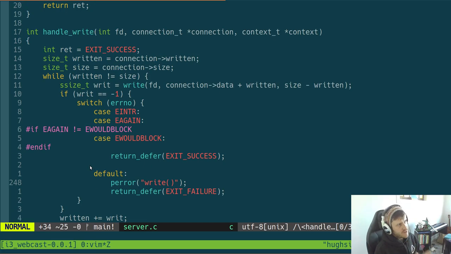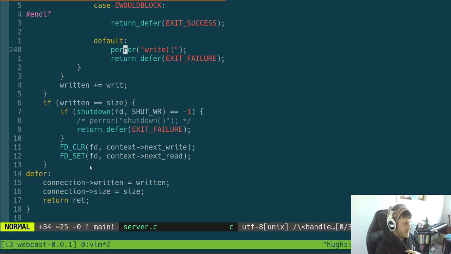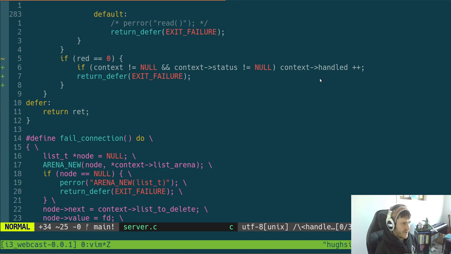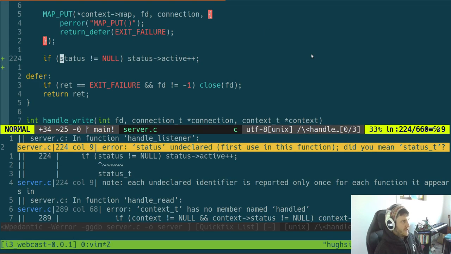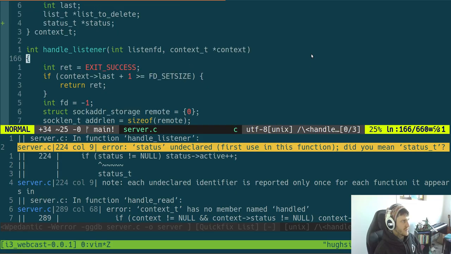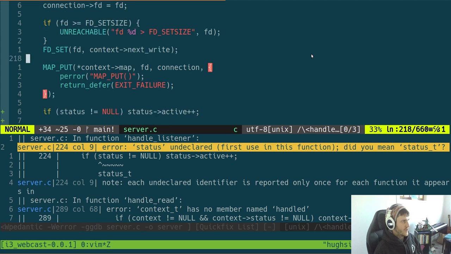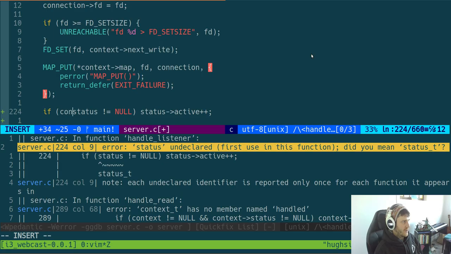Because there are multiple stages. I guess for now we can just track how many we've successfully finished and how many we haven't. Right, it reckons we don't have status in this. That's because it's in context. So if context, status and context is also